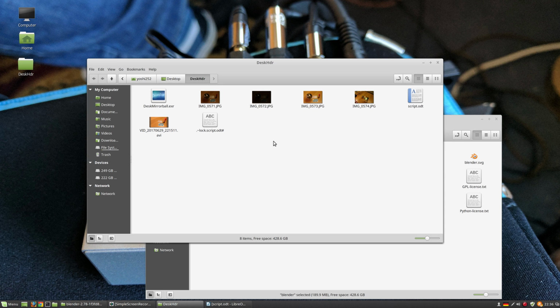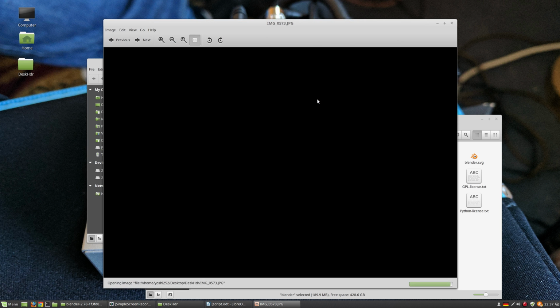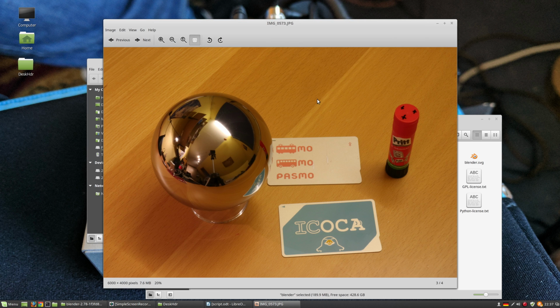Okay, let's get going. So first you need to decide on the scene that you want to film. As you can see here, I set up a simple scene with these two cards and the glue stick. And essentially, the trick is you need to place a mirror ball in approximately the position where you will be placing your computer-generated object using Blender later on. So in this case, I put the mirror ball on the left side of the image